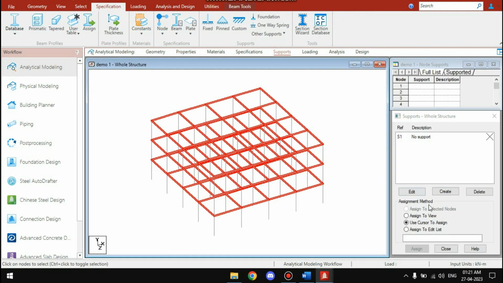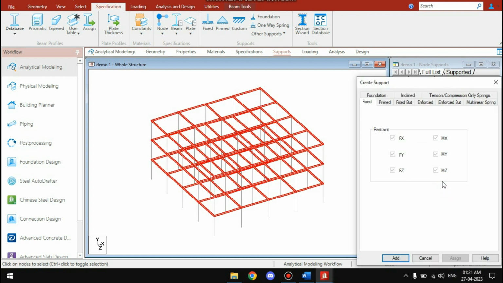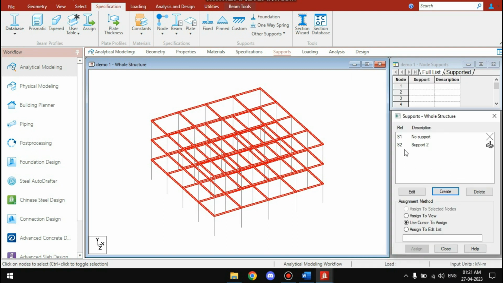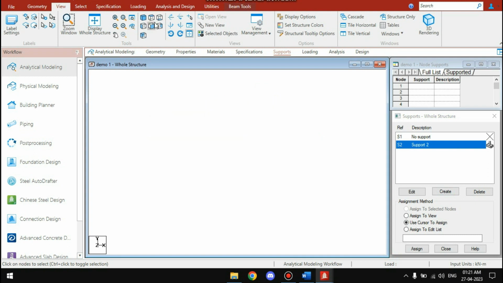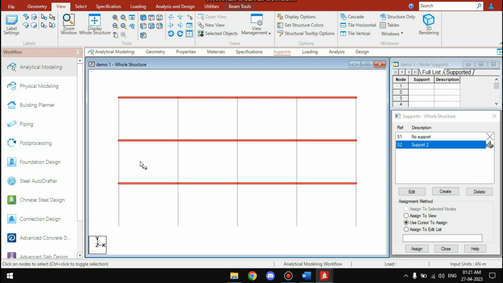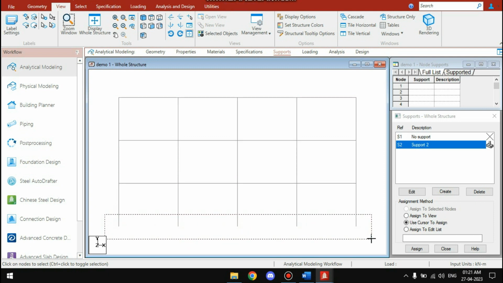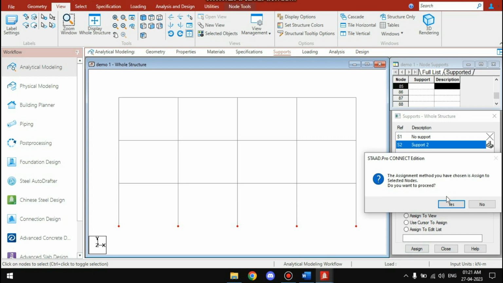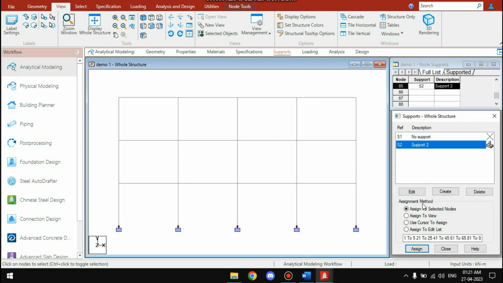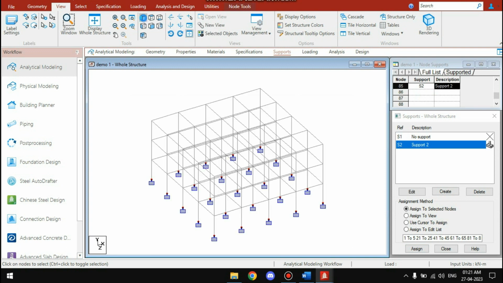For the supports, you first need to create a support, and to create a support, let us give a fixed support here. To apply this support, you need to go on view. It's an easy method. Go to the front view and select the bottom nodes, and assign to the selected nodes, and then assign the same. You can see in 3D mode that all the nodes have been assigned the fixed